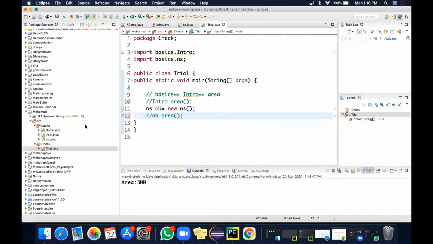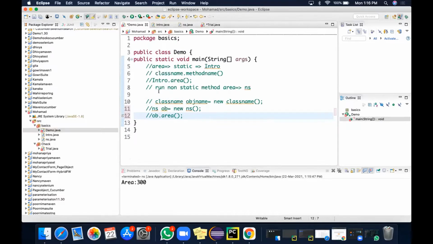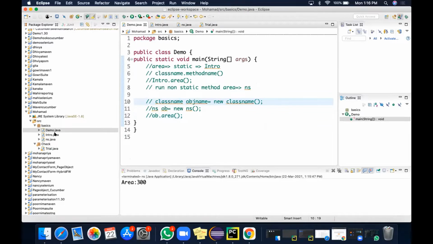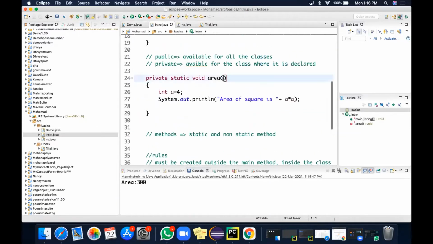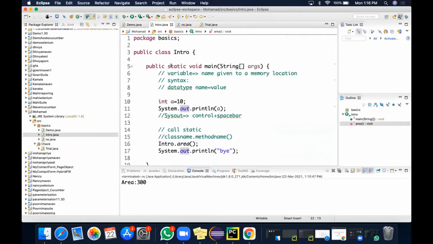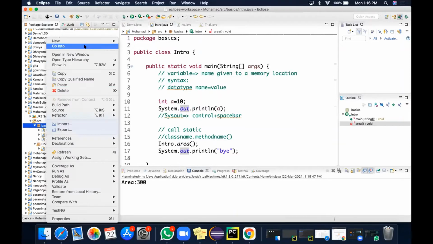So now we have finished methods. But in methods, we have created only empty methods, right? Empty methods, that is without any parameters, just a function like this. So I'm not passing any values inside this one. It is a function without parameters. So now we are going to see functions with parameters. Before that, we have to know what local variables and global variables are, because that concept involves non-static and static methods. So let's see that one first.